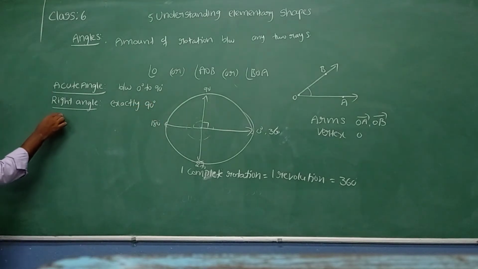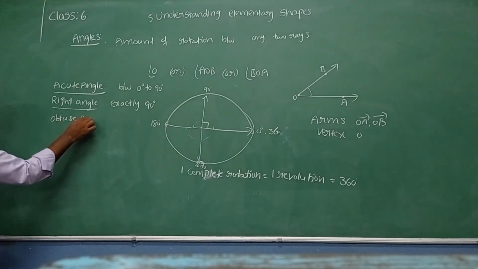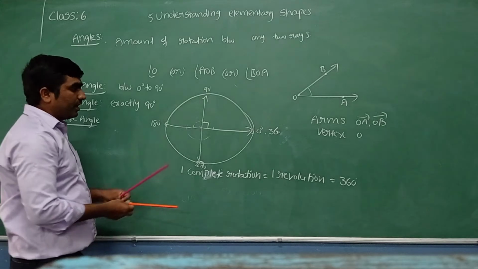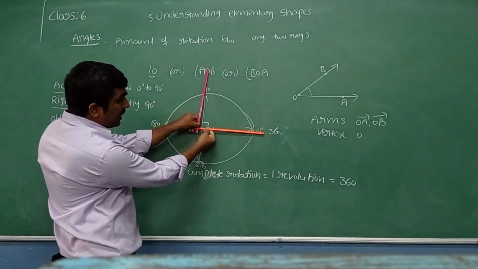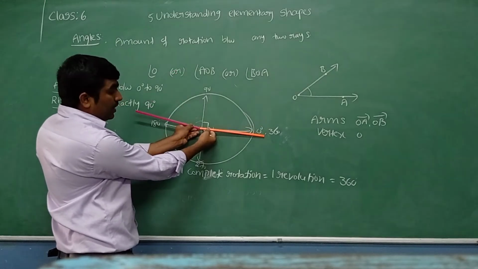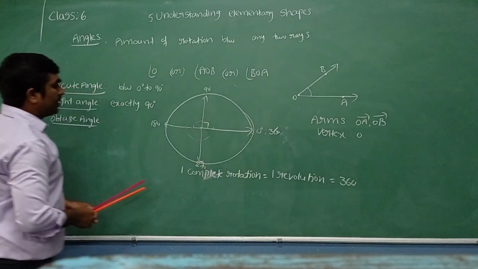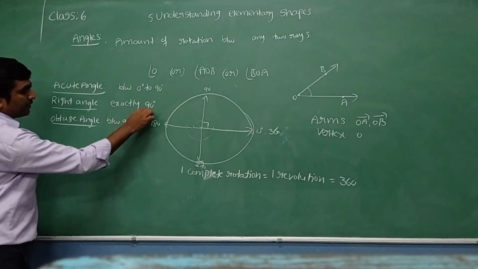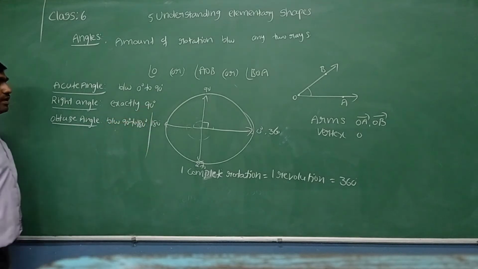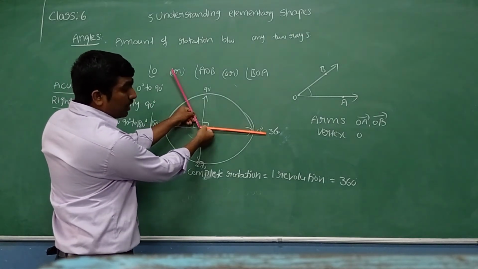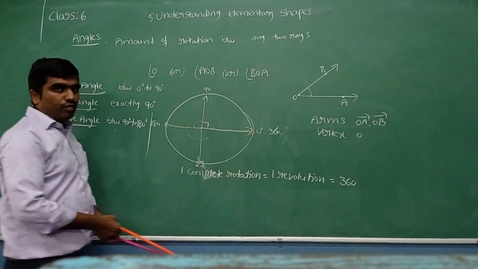Next we will see obtuse angle. What is meant by obtuse angle? An obtuse angle is nothing but an angle whose measure is more than 90 and less than 180. One arm stays in the same position, the other arm goes beyond the right angle. More than 90 means obtuse angle, before 180. An angle whose measure is between 90 degrees and 180 degrees is called an obtuse angle. Now what can we call this angle? It is called an obtuse angle, which is between 90 and 180.